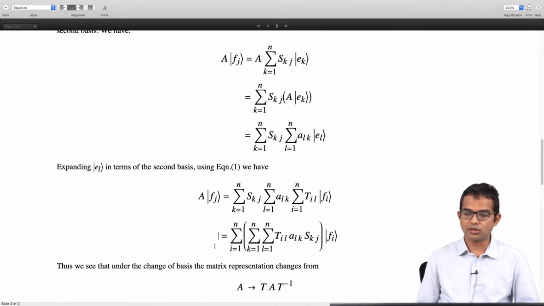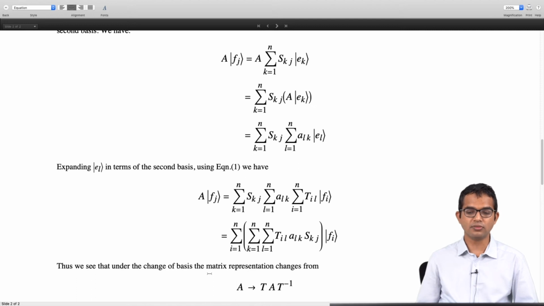But to avoid clutter, I'm going to just go to matrix notation. So you notice that I have Til Alk. If you want, you can start with just these two and multiply these two matrices, and then go ahead and multiply the next two matrices. You should convince yourself that what is going on here is nothing but the multiplication of the matrices T, A and S. But S is the same as T inverse, as we have seen. It has to be, because these two are transformations from one basis to another and back.